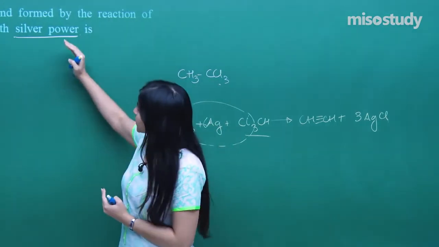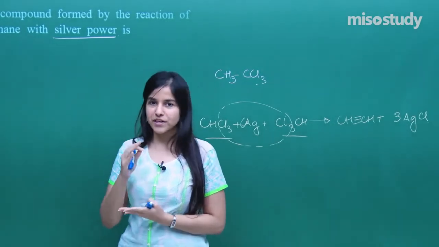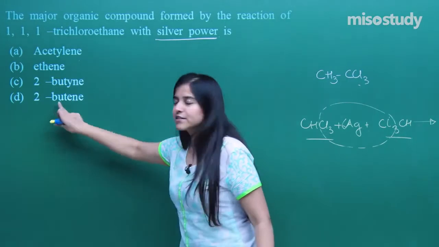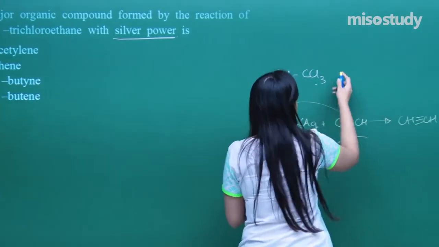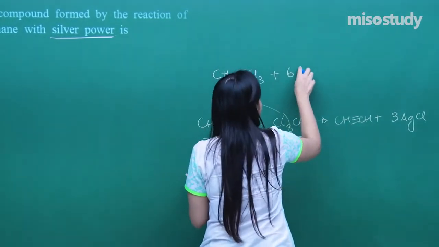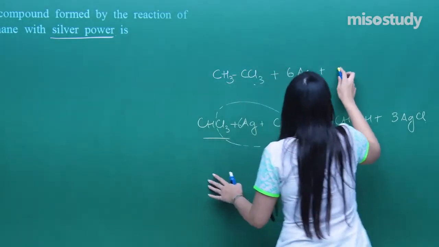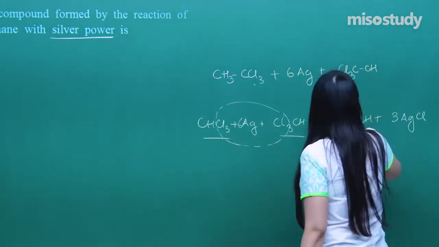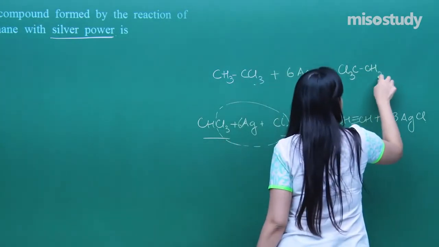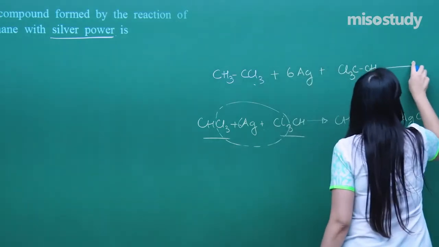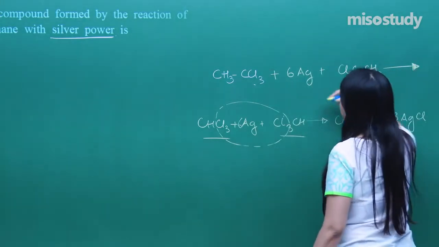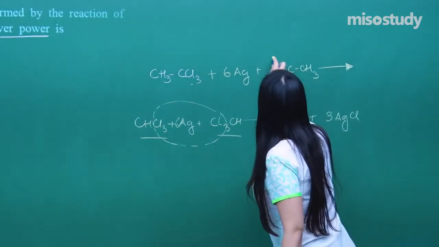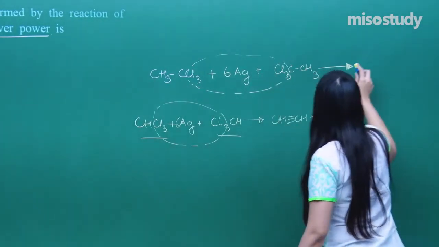So I need to find out the major organic product, major compound which is getting formed: acetylene, ethene, 2-butyne and 2-butene. So let us just have the product. I am using again 6 Ag, Cl3C, CH3. That is what we need over here. And again a similar sort of reaction that we have done over here. What do we get? We get